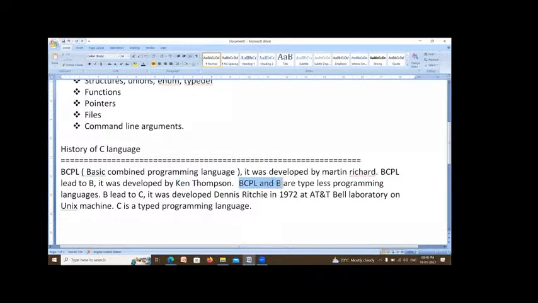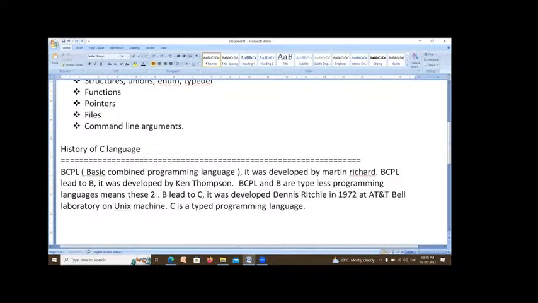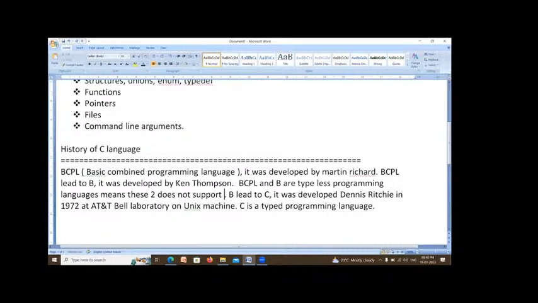Now BCPL and B, these two languages are called typeless programming languages, meaning they don't support data types.